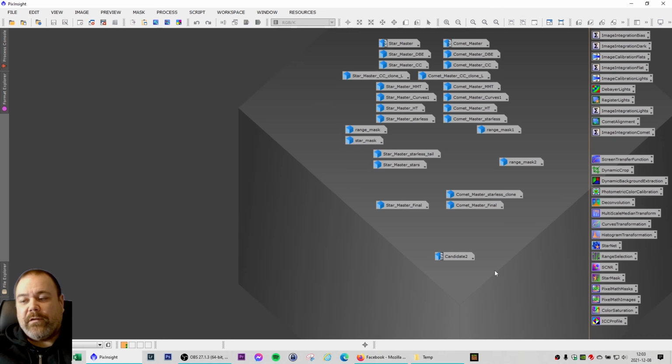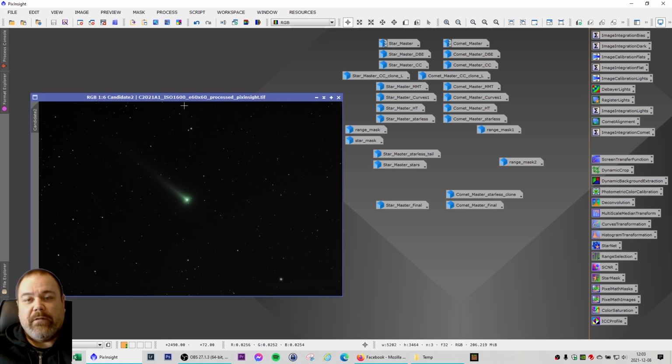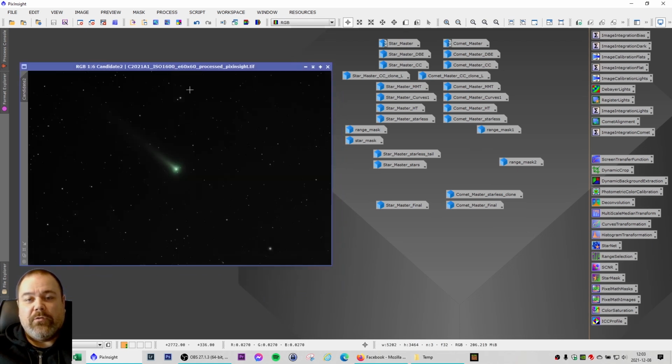And I integrated those two with the PixelMath process, and the end result is what you see here in the image. The whole process was very rewarding, and hopefully I will get an opportunity to capture another comet. And hopefully I've learned